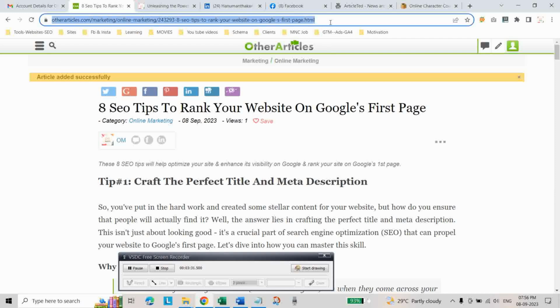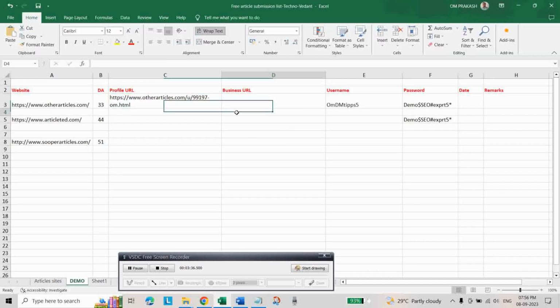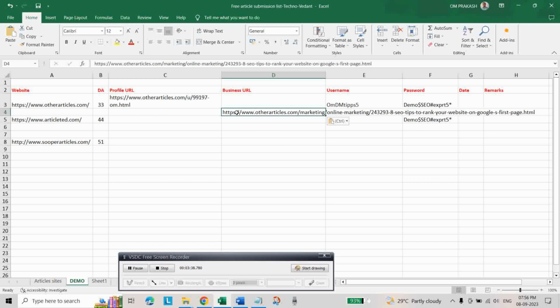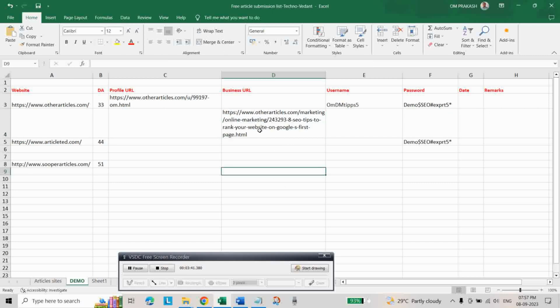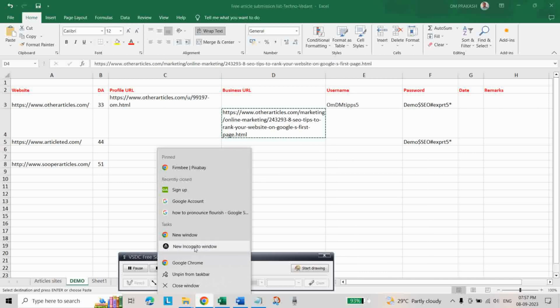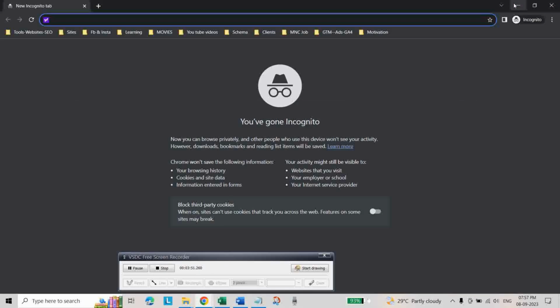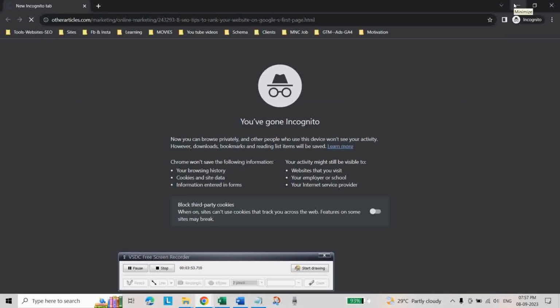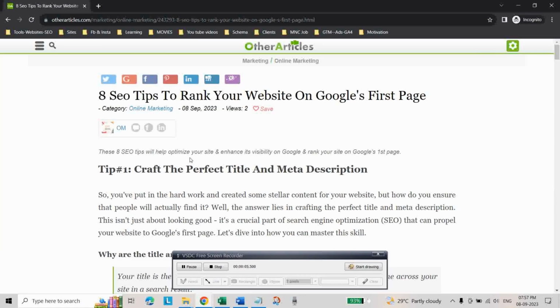We'll copy that link and paste it in our Excel sheet, and you may check it. You can check it in an incognito window. Open the incognito window, and as you can see, this is about our topic,